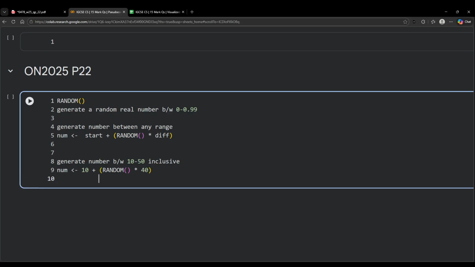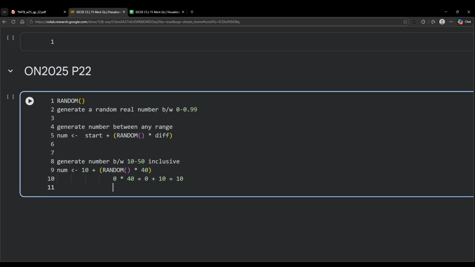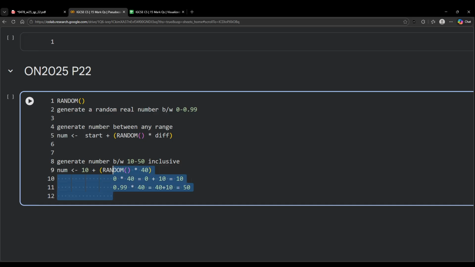So let's go for the minimum value. The smallest value random will generate will be 0. So 0 times 40 would be equal to 0, and 0 plus 10 would become 10. Then the maximum value random will generate would be 0.99, and 0.99 times 40, if we just assume 1 for now, is essentially going to become 40, and then 40 plus 10 would equal 50. And then any value in between will be generated randomly